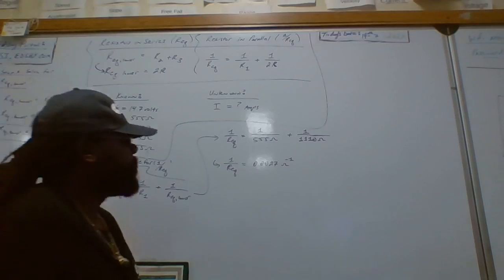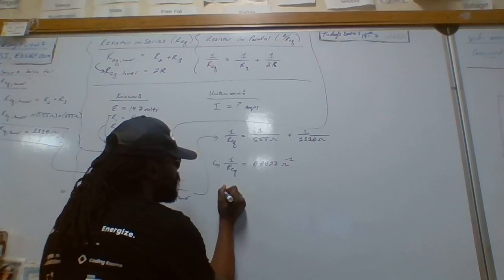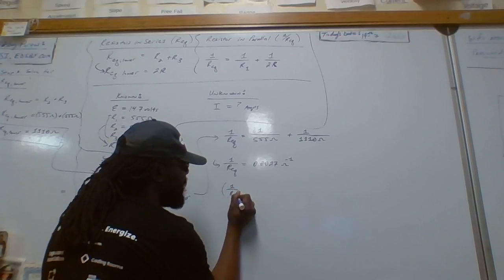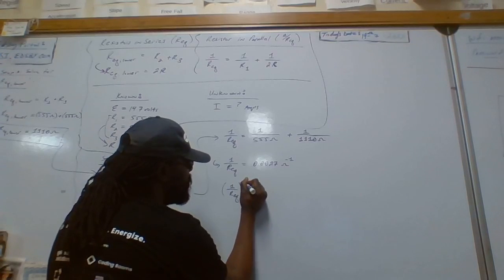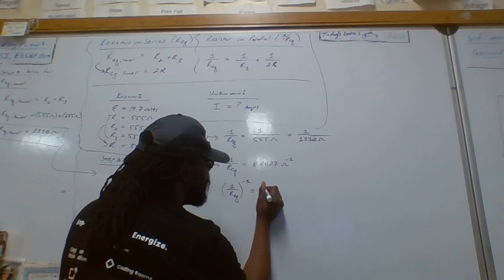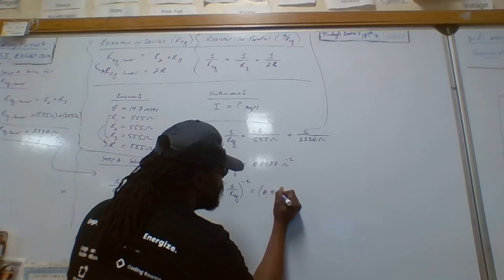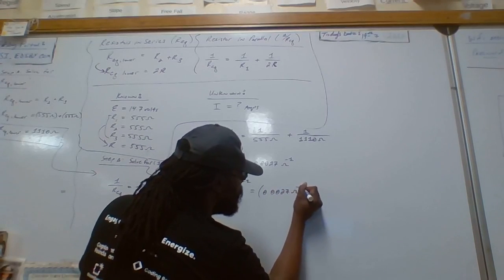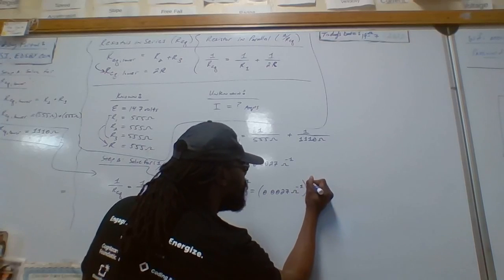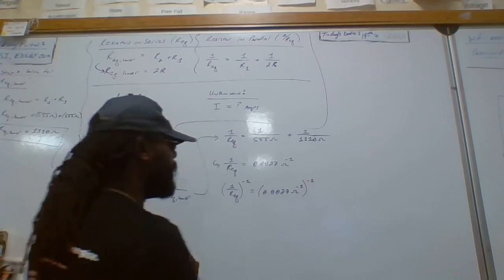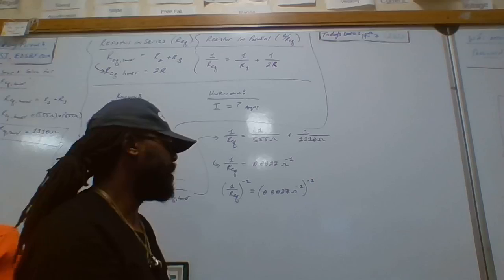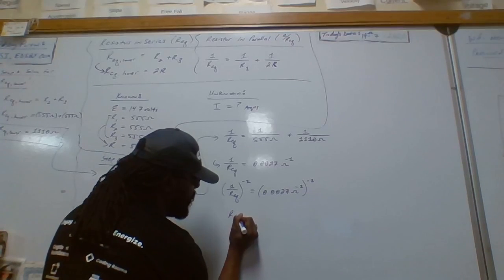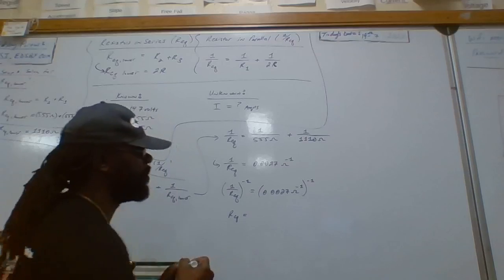When you do this, you just simply raise this to the -1. That's how you reverse this. And you do the same thing to this section. The inverse. And what happens is, when we rewrite it, we'll end up effectively with REQ is equal to